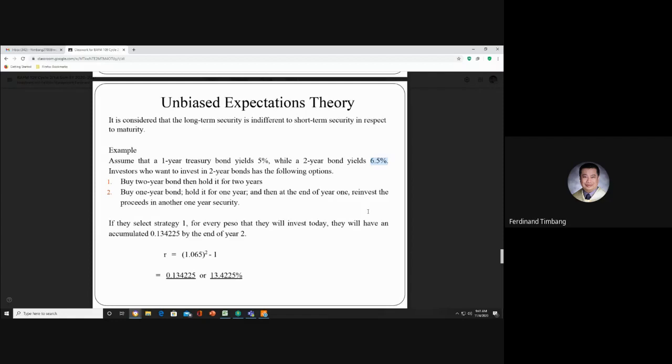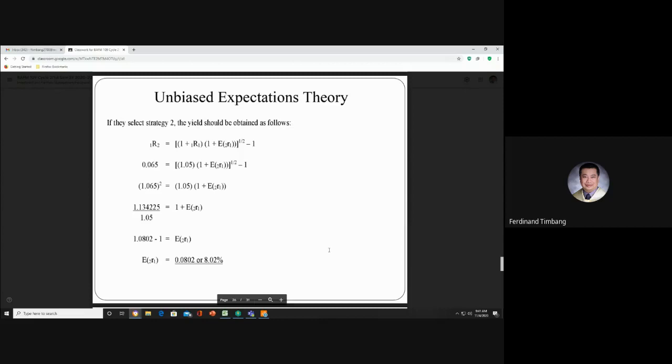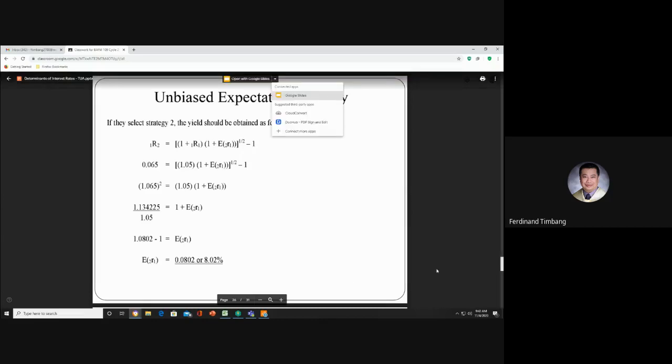Tama bang pagkakasabi ko? Kasi 5% yung isa, while a 2-year bond yields 6.5%. Buy 2-year bond, tapos, tama yun, no? Tama naman, no? Kasi meron tayong 2-year bond na 6.5%. So, doon sa pangalawa, kasi ito, di ba,